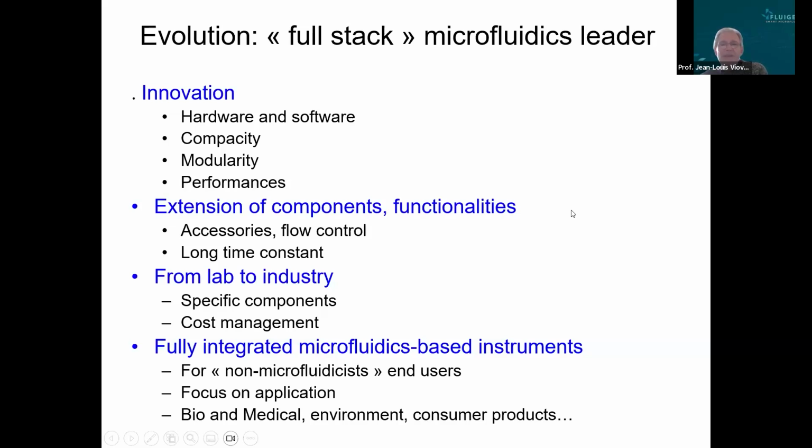The company started to develop a line, as you will see on the Fluigent catalog or website, a line of many components to really give customers, whatever their application, to the best extent, all they would need for building all the building blocks